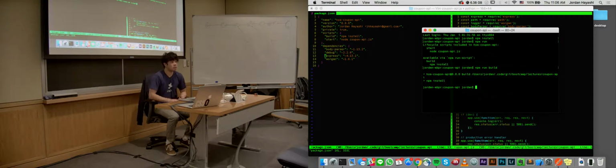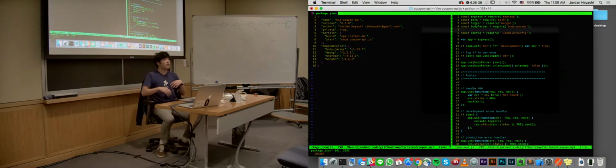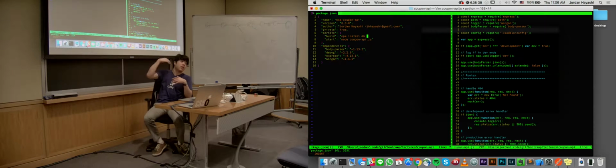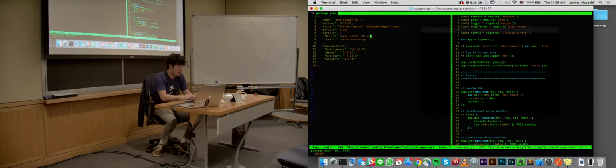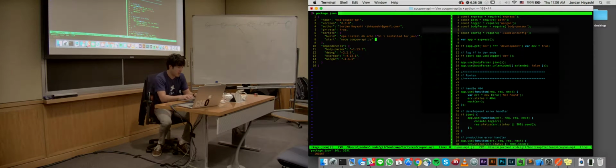So npm run build can run multiple things? What would the files be, if init would not be in this document? It's actually just bash. These are bash commands that you can just run in a command line. So if we did npm install and echo hi, I installed for you, then it will run that echo hi installed for you after npm install. So if we save that and then run it,